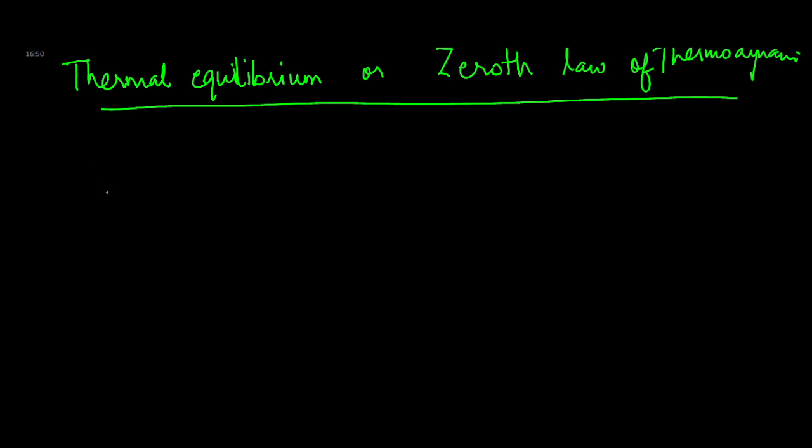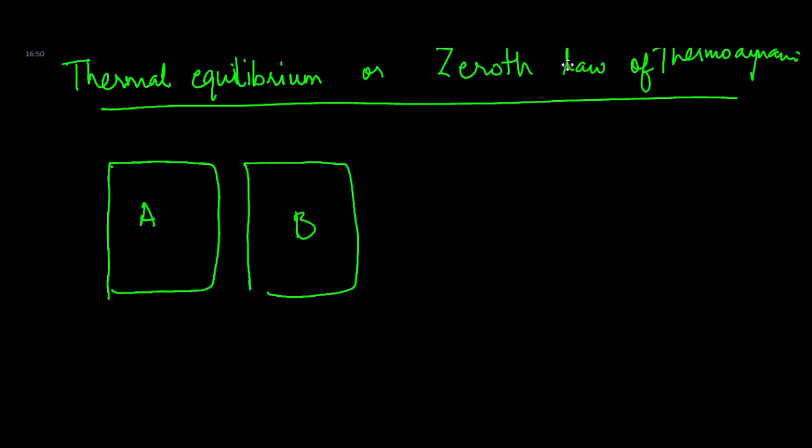First of all, let me tell you what is the meaning of zeroth law. The statement is fine, it won't matter if you don't know it. Perhaps you have already seen the statement in chemistry. Here we go. Suppose there are two bodies A and B. No, zeroth is not the name of a person. Rohan brought up something completely new. So A and B, and if they are separated by a diathermic wall,